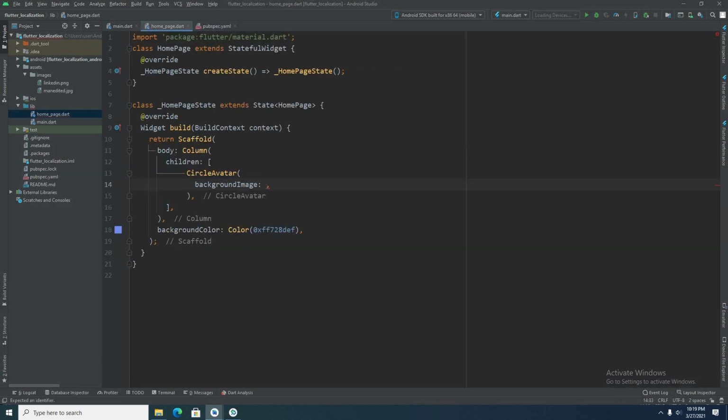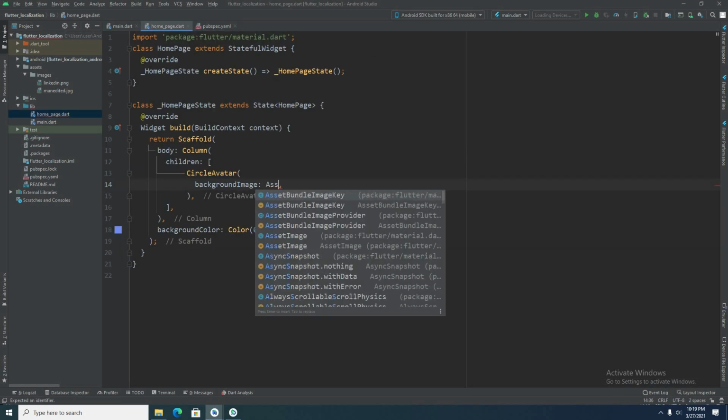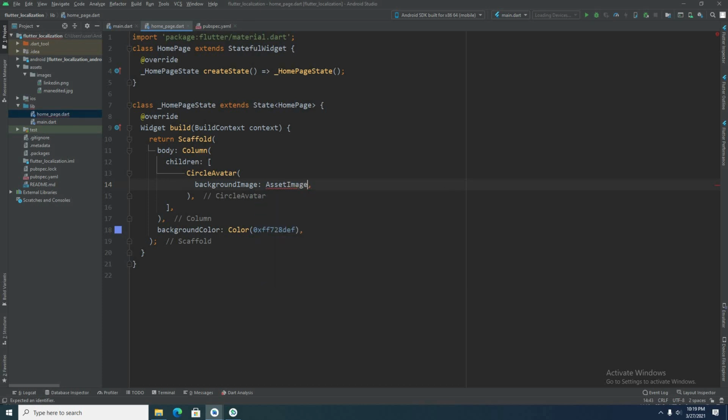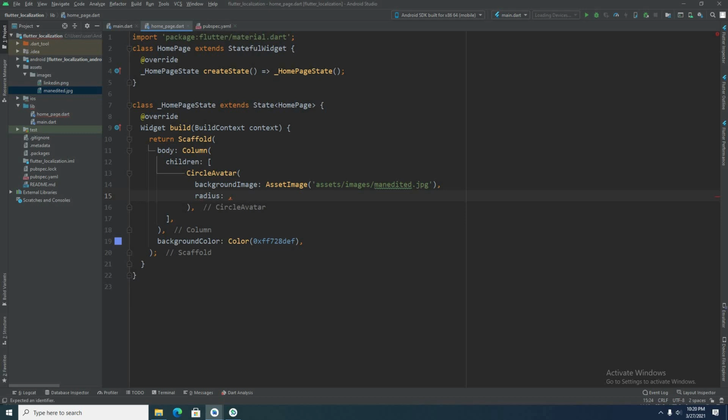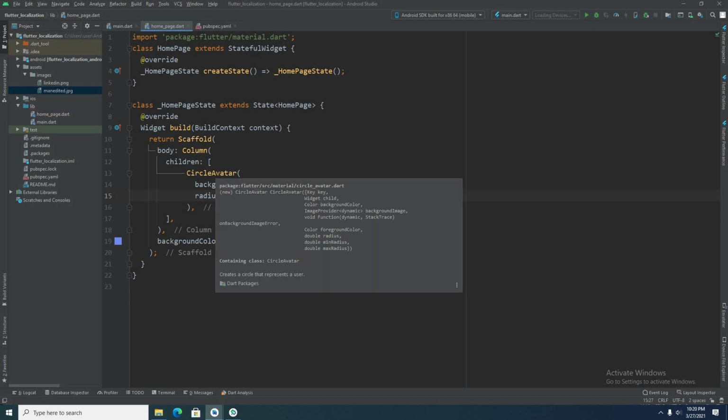So this property will contain the asset image widget, inside which I'll pass the path of an image. Since we want to align the image to the center, I'll wrap this widget with a center widget.